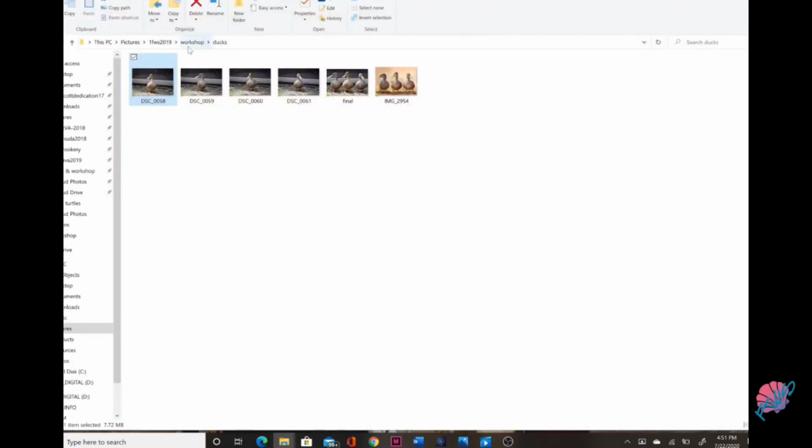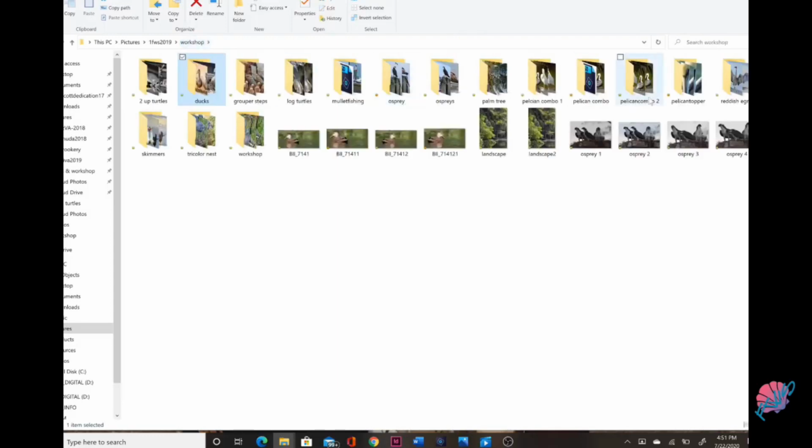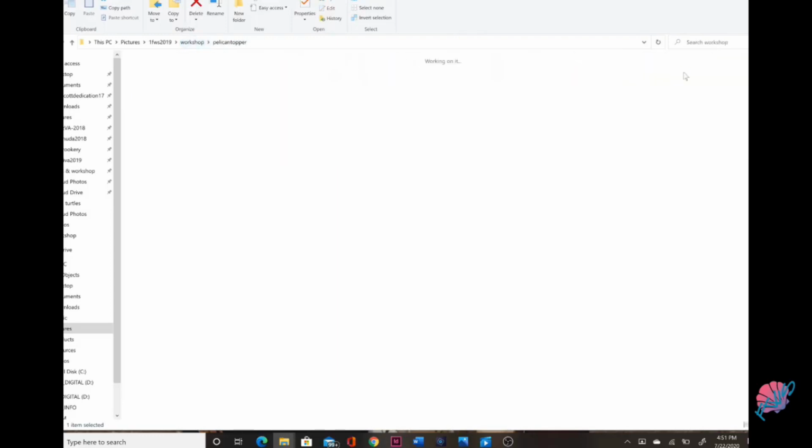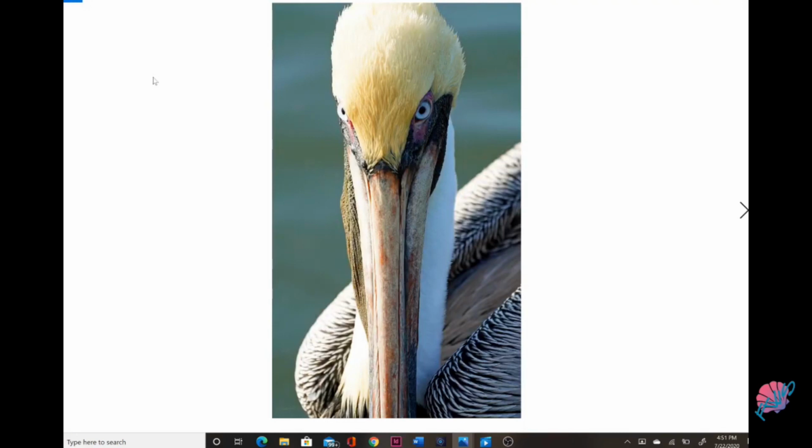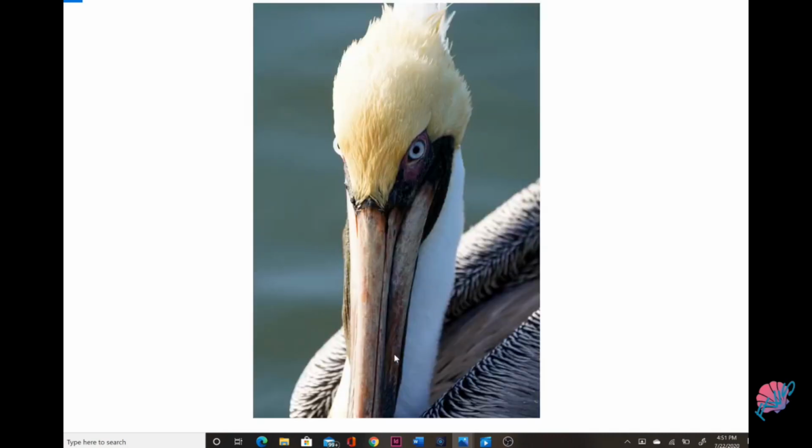Next up, we will look at another simple change. I had taken some close-up pictures of a pelican, and I loved the way this one looked with the dead-on stare, the light side, and the shadow side. The only problem was I accidentally trimmed off the top of his head, and I really wanted that because he had a cute little crown of feathers sticking straight up, which I captured in the next picture as he rotated